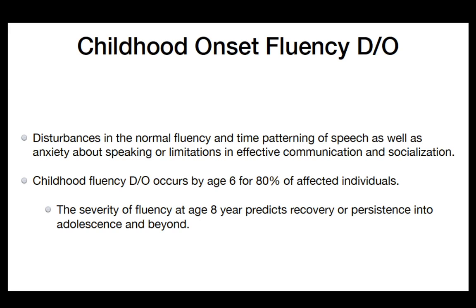Childhood fluency disorder occurs by age 6 for 80% of the affected individuals, and the severity of fluency at age 8 predicts recovery or persistence into adolescence and beyond. Meaning, at the age of 8 years old, likely, we could know that the person may be in recovery or